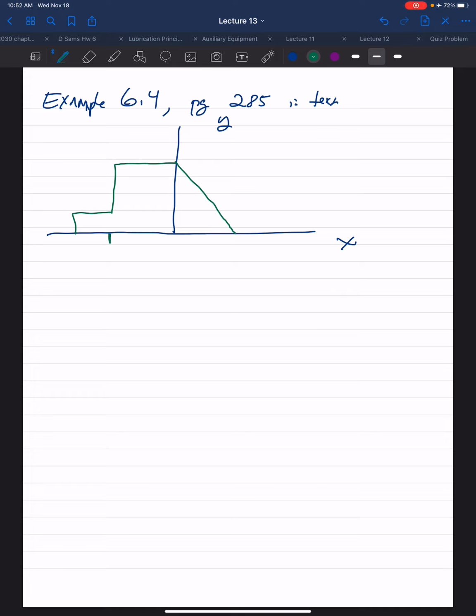This is the origin. So this is 2 feet. This is 3 feet. This is 2 feet, and this is 1 foot. This is 1 foot. So this is not a regular shape, but you can immediately see this can be modeled as a composite part. We can model this as